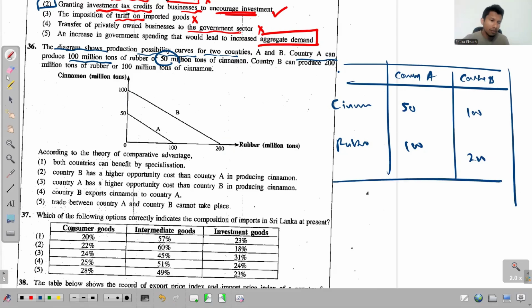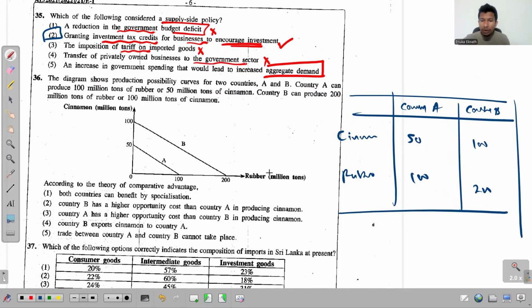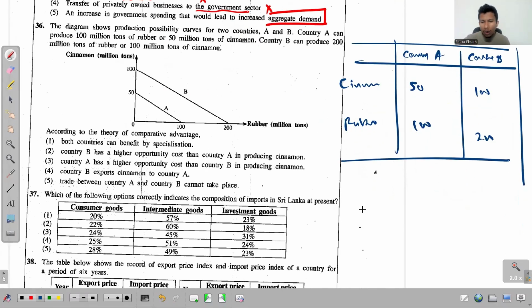So remember, these are the outputs, and that's why we get the production possibilities curve. The production possibilities curve represents the output. And so when you calculate this opportunity cost, you need to apply this output approach. So how do we find this opportunity cost according to the output approach? Let's say opportunity cost of good X, right? Opportunity cost of good X according to output approach is equal to delta Y over delta X. So if I simply consider this to be good X and this to be good Y,